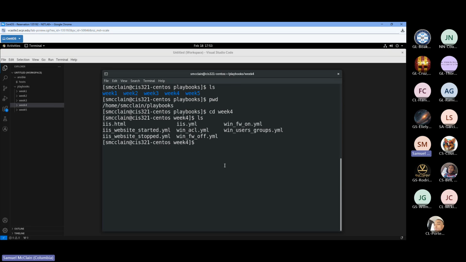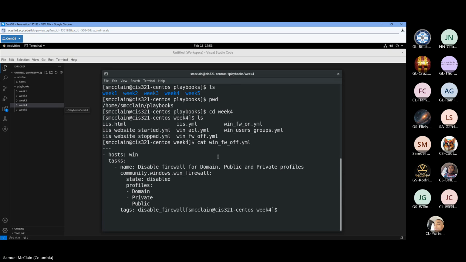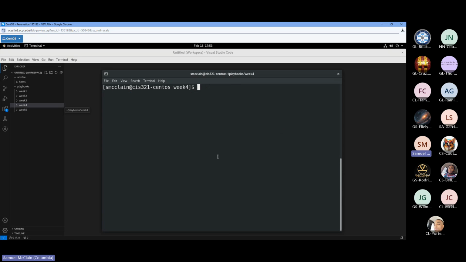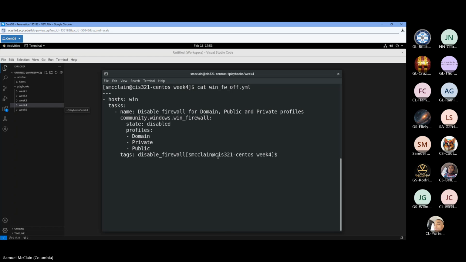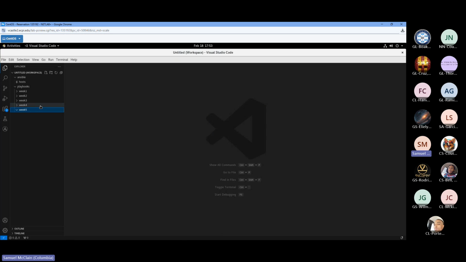And the first one we're going to work with, you can either use Vim, VI, Nano, or you can use VS Code, whichever one you choose, is going to be Win FW off. So let me clear that screen. And so our first one is going to be